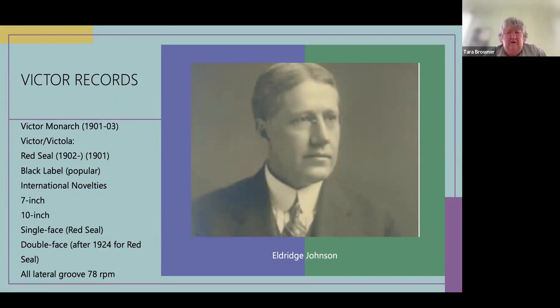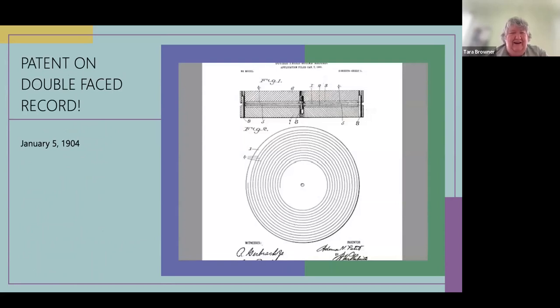I assume you guys know that Edison players and Pathé players are actually what are called vertical, so that the needle runs on the bottom of it. So these are a bit different from each other. And I did have to say that in 1904, someone actually patented the concept of the double-faced record. There are a lot of different theories on why Johnson didn't do double-faced records. It could have been the patent.